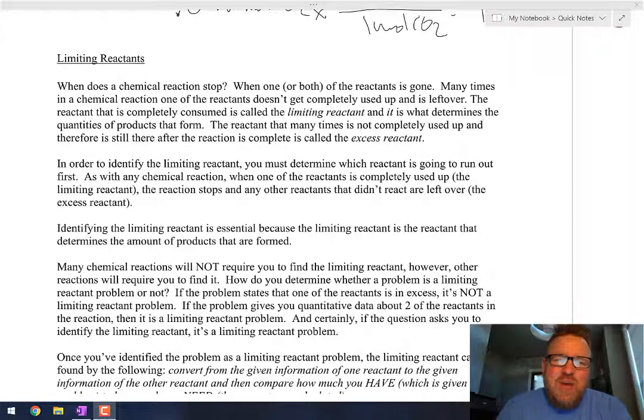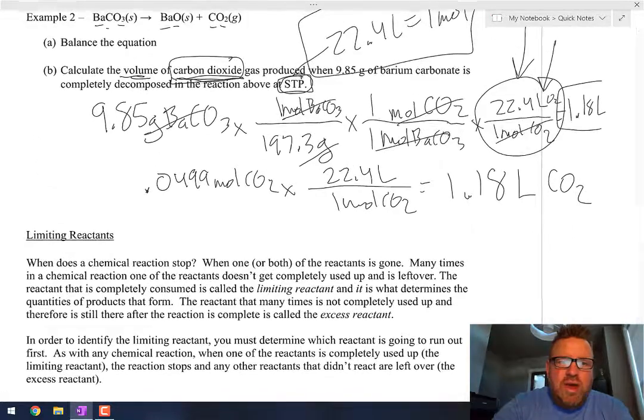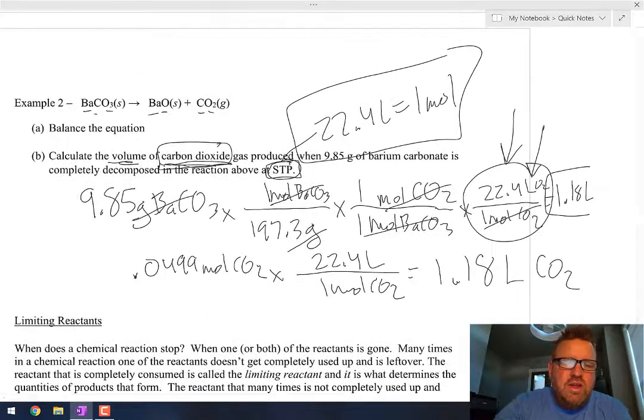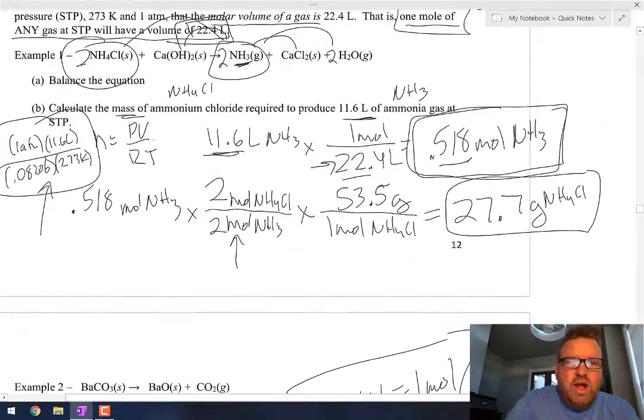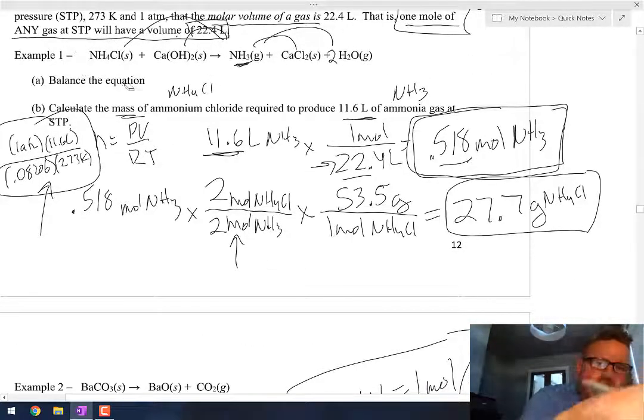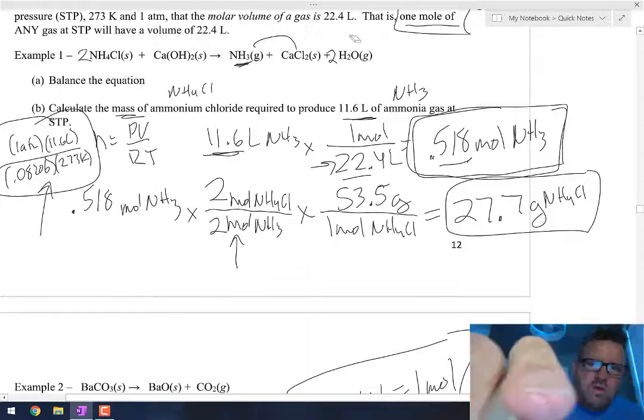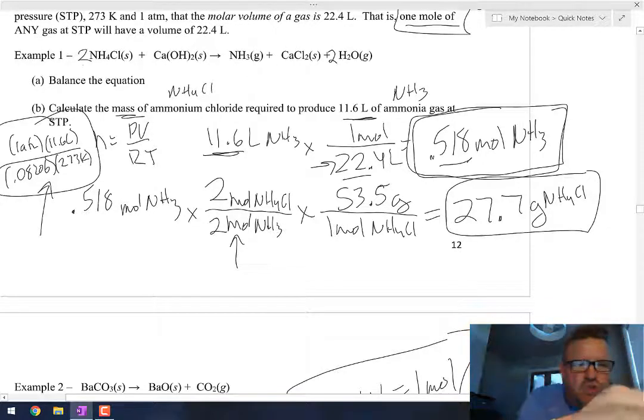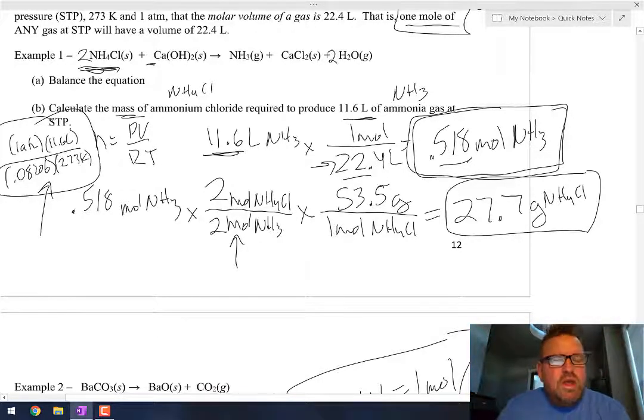In today's lesson, we're going to talk about what are called limiting reactants, okay? And let's just go back up here real quickly. Let's look at this balanced equation. According to this, well, let's look at a different one, actually. According to this balanced equation right here, there's a 2 right there, sorry. We need 2 moles of ammonium chloride to react with 1 mole of calcium hydroxide. Okay, and what happens, though, in our chemical reaction if we don't have 2 moles of